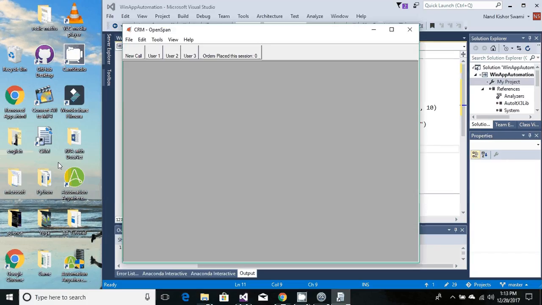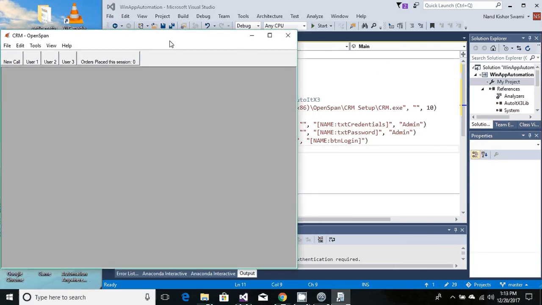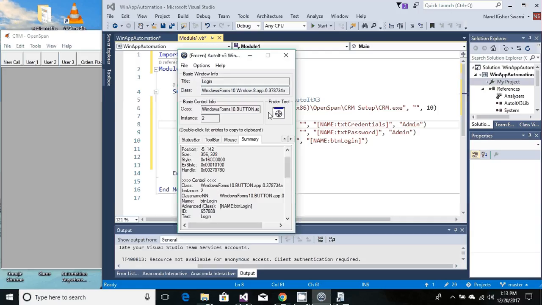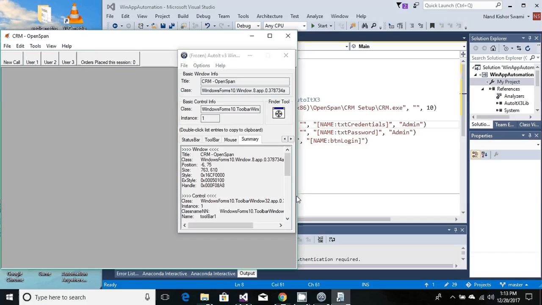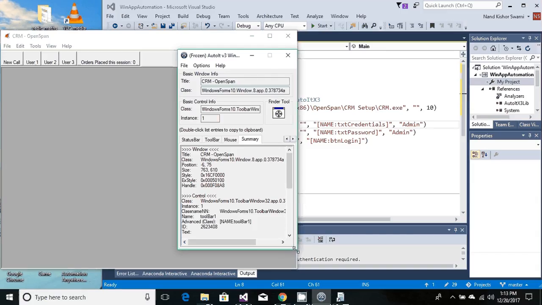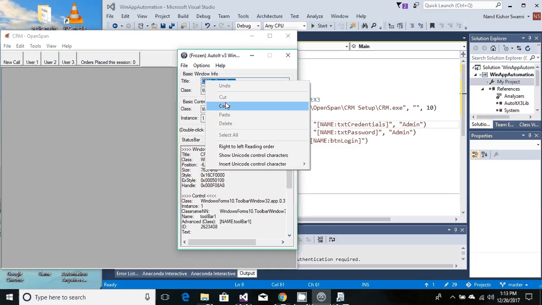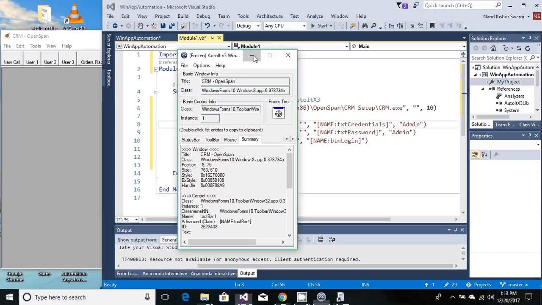and hit login. So once we are in, we're going to click on the user one. To click on the user one, we need the user one control. So again, just drag and drop, there we go, and again locate your advanced, and this time the window title changes, so we're going to also copy the window title and